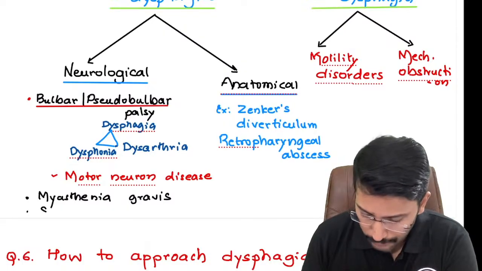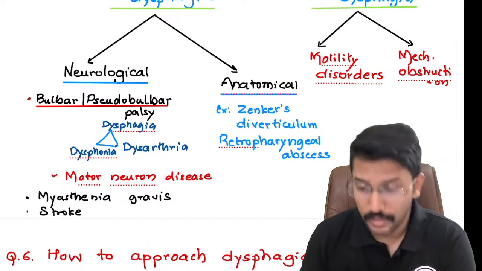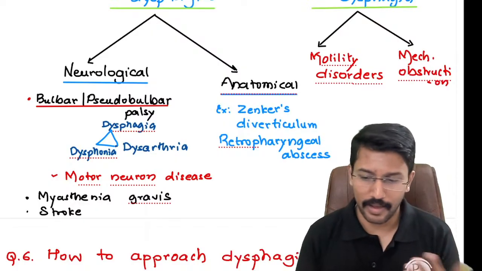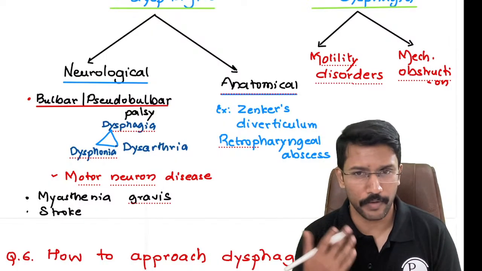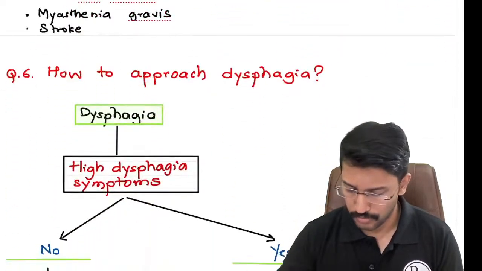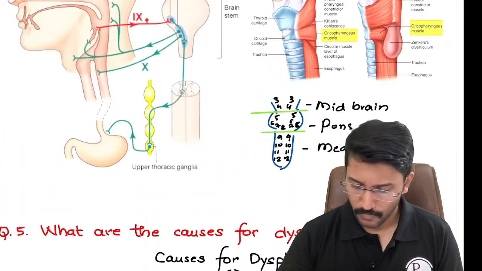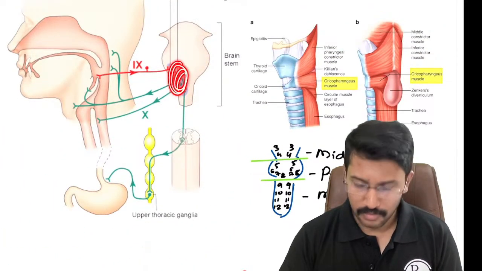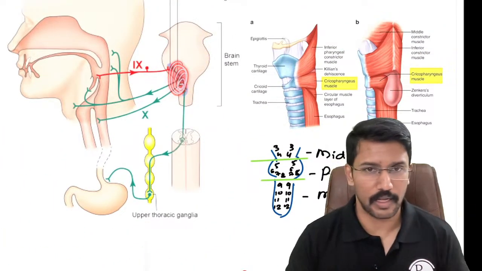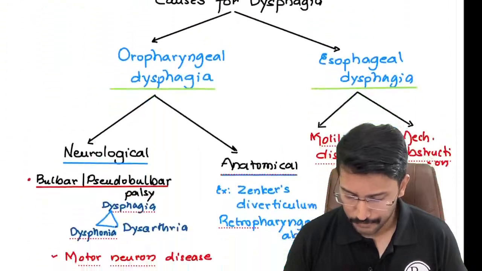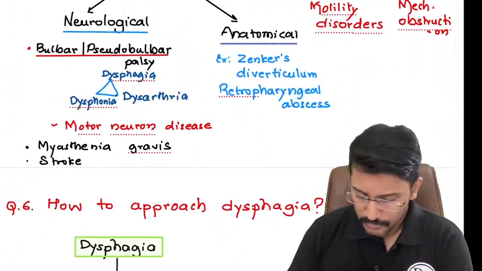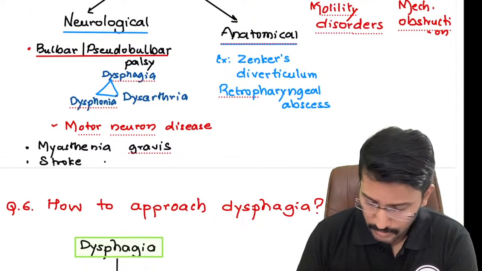Okay, if you have a stroke involving the brainstem, we can have oropharyngeal dysphagia, right. If there is a stroke in the brainstem, if I have a stroke here, the 9th and 10th cranial nerves are gone, obviously I will have oropharyngeal dysphagia. Okay. Then even patients with Parkinson disease, as someone commented, can also have